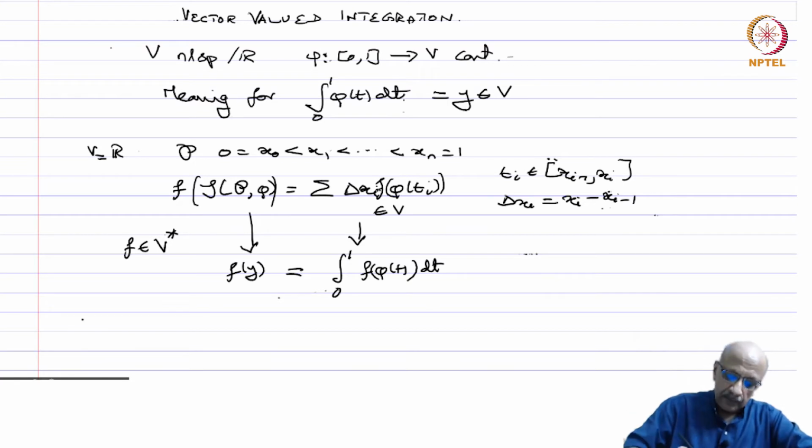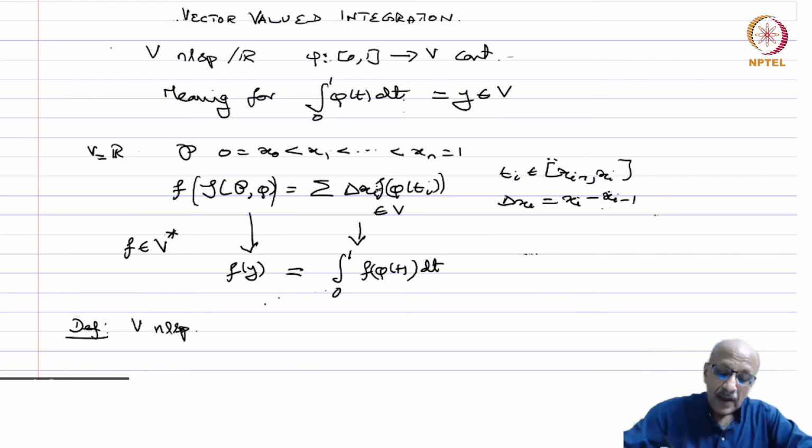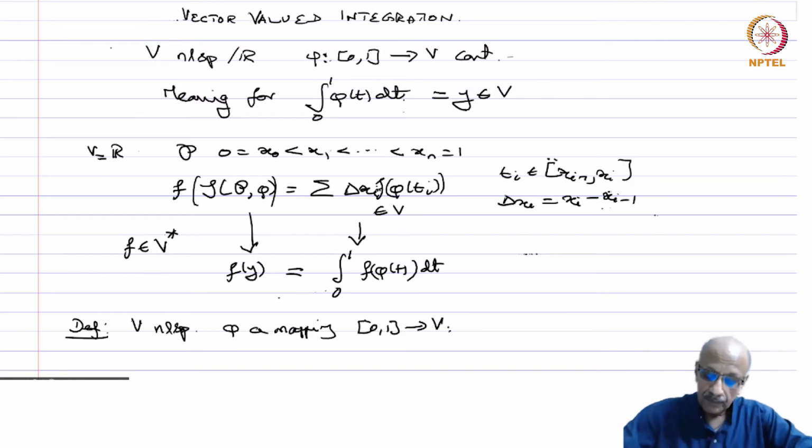So we are going to make a definition. So V is a normed linear space and phi a mapping from 0, 1 into V. So we assume that 0, 1 is given the Lebesgue measure, so I am not specifying it here. Okay, the integral from 0 to 1 of phi of t dt,